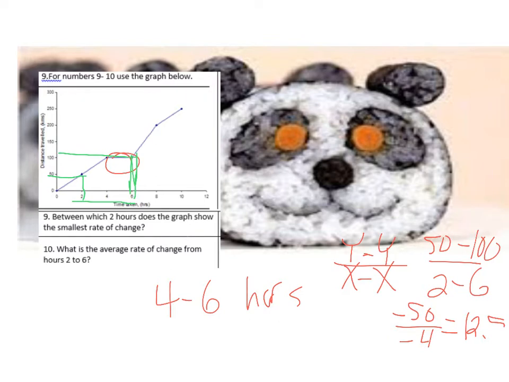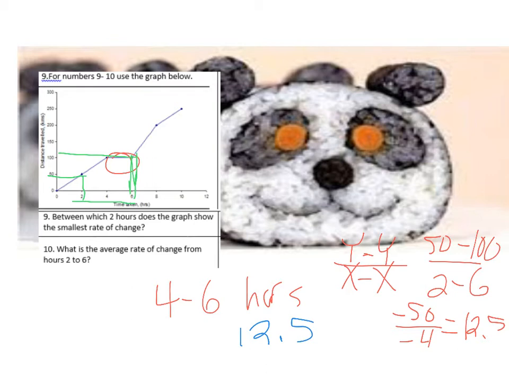Alright, so remember I told you one of the most important things that you can do in this unit is trying to interpret what that means. So we answer the question. The average rate of change is 12.5. So the question is 12.5 what? Well, looking at our graph, we know that this is time and this is distance. So in other words, this rate of change means